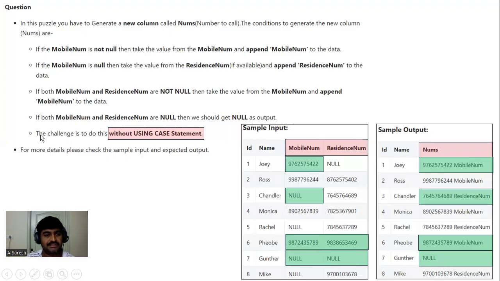And here the challenge is to do this without using a case statement. See here, for your first condition, for a non-null value you have to append this one, mobile num, like this. And for the second one, whenever you are getting a null value, then go for this record and append residence num. And if both are non-null values, then pick the first one and append mobile num like this. So this is our input and this is our output, and these are all the conditions to follow to solve